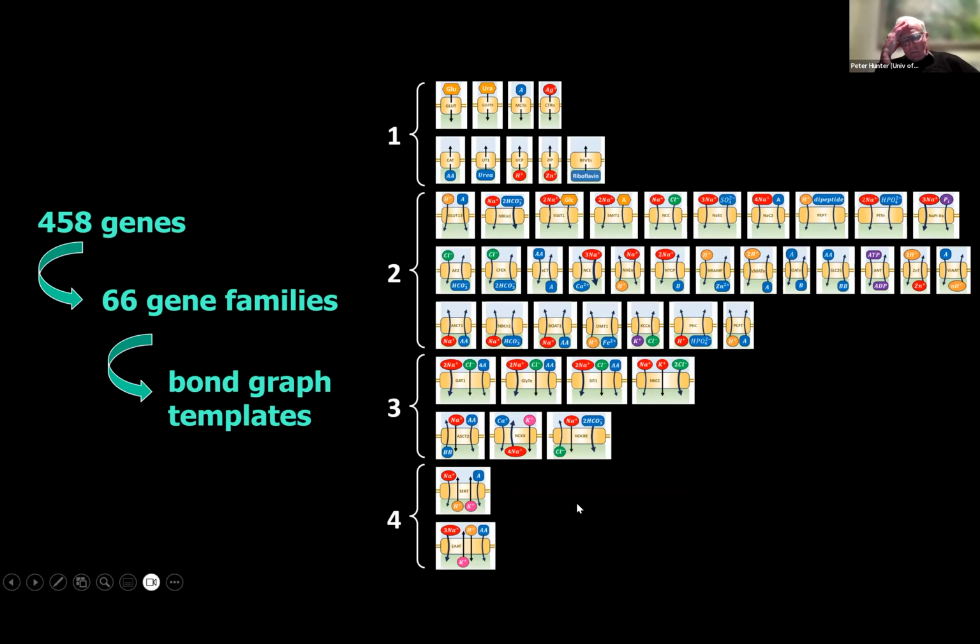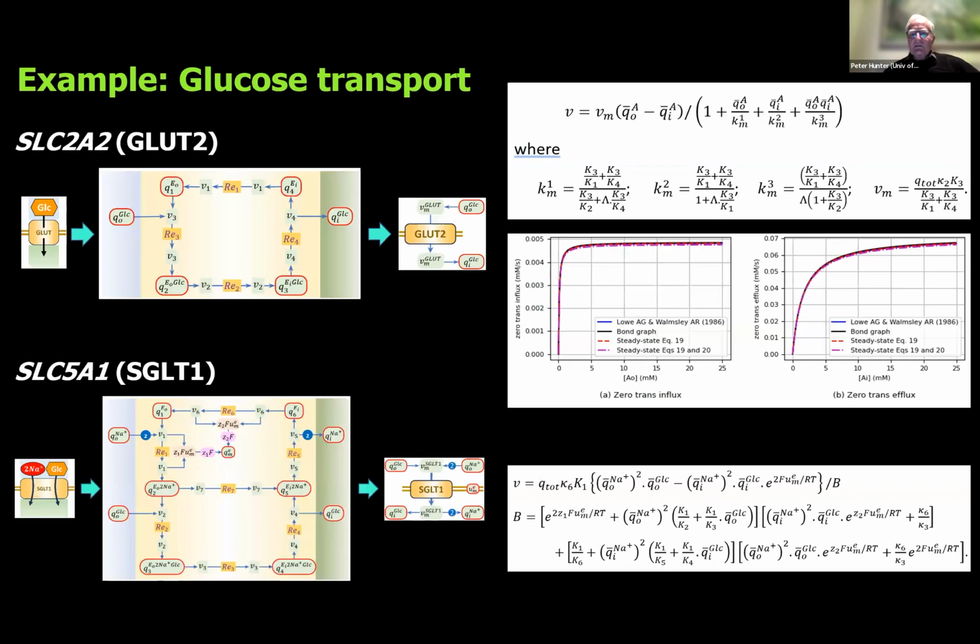And what we're doing is saying, can we represent the physics at the scale that's of relevance to physiology? Can we capture the physics that make sure we're obeying mass, charge, energy transfer in templates that we can then parameterize appropriately for any of those 458 proteins in those gene families? And I think the answer to that is yes. We're not quite sure of how many templates we need yet, but here's just an example.